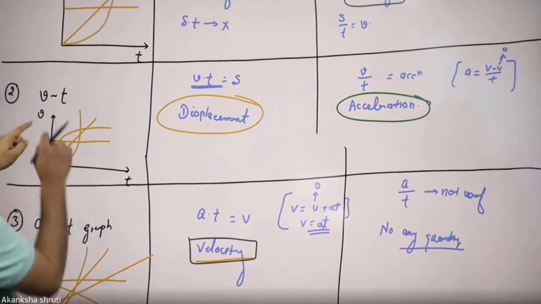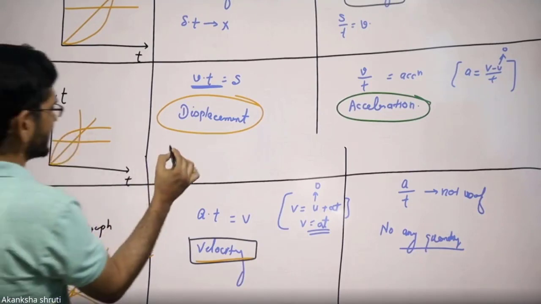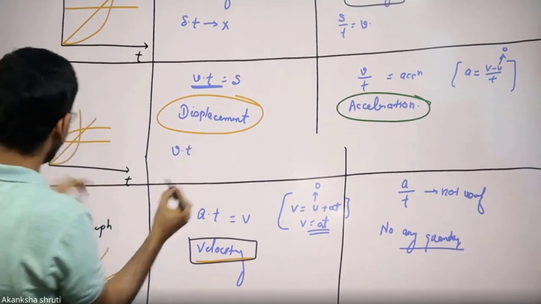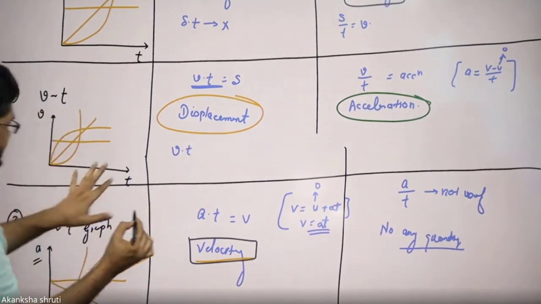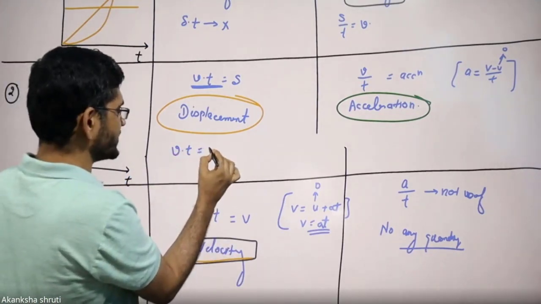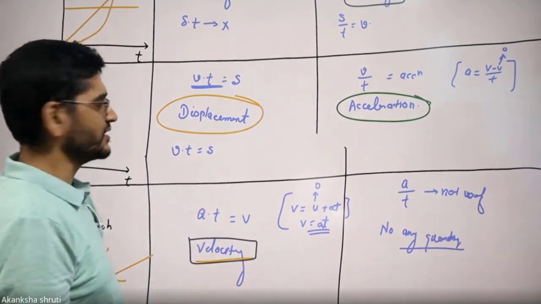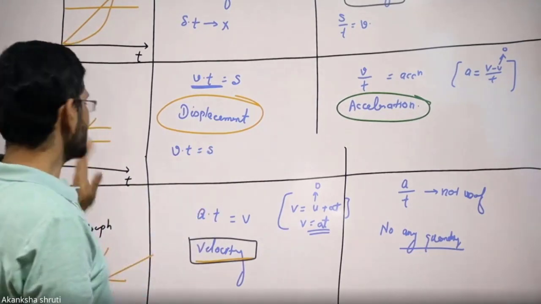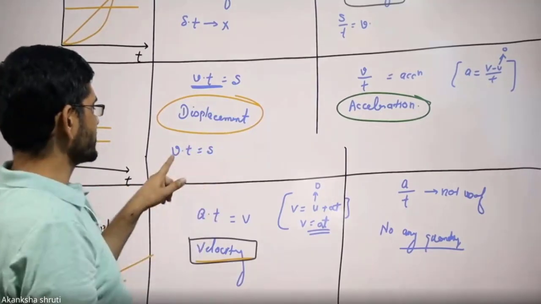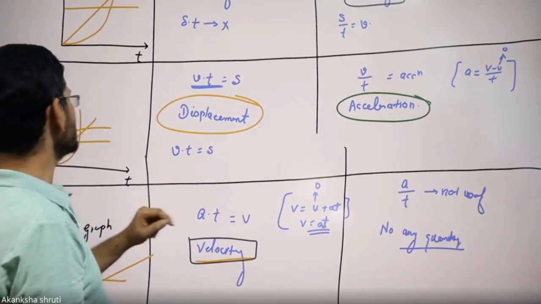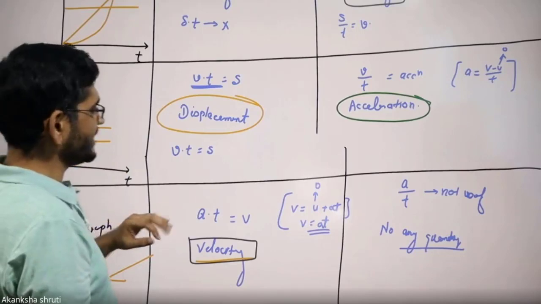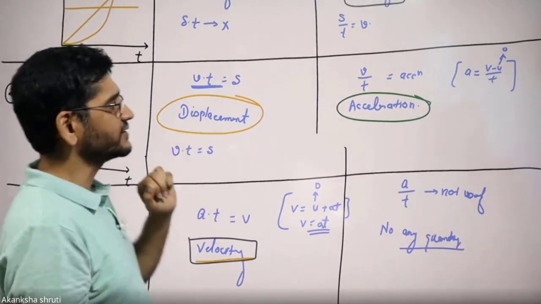In this case, on the vertical axis it is the velocity or speed, and on the horizontal axis it is the time. So for taking the area bounded, we have to take the vertical axis multiplied by the horizontal axis. So v into t, and we have already learned that v into t is the distance covered. So speed into time is distance. This means the area can give us the distance or displacement. In the case of a speed-time graph, it will give us the distance, and in the case of the velocity-time graph, considering the area algebraically, along with the sign, it can give us the displacement.